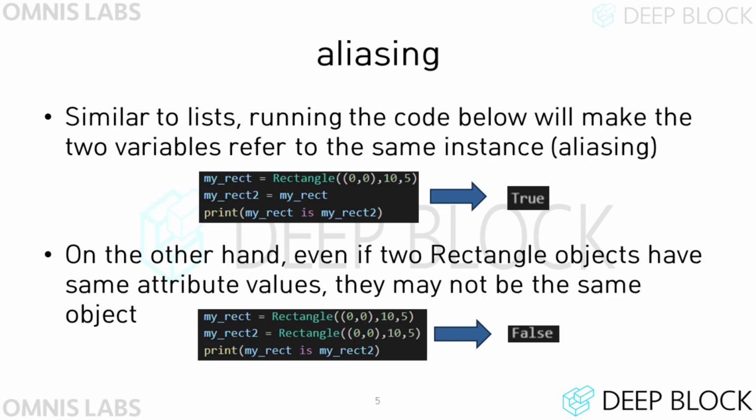Class, which is a mutable data type like list, refers to the same address when you assign a variable to another variable. This is called aliasing. If you want to create two variables with the same value, you must initialize the class instance with the same attribute values.